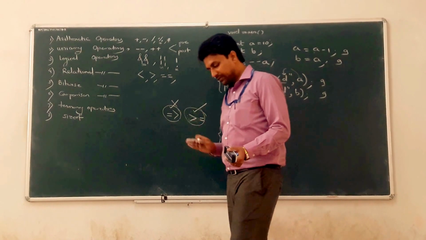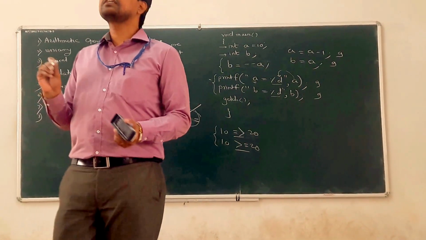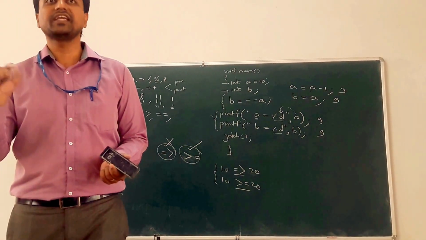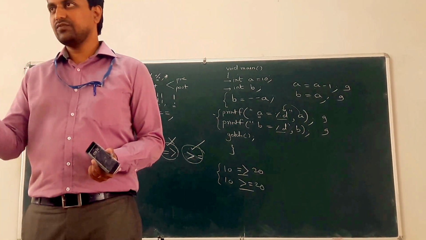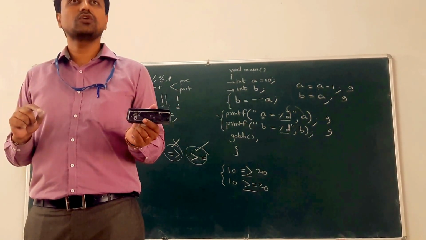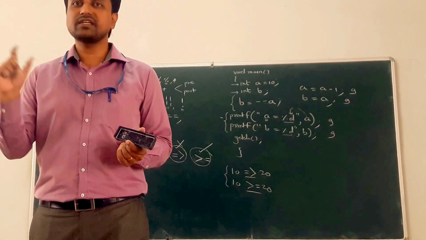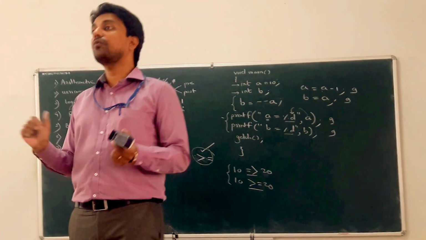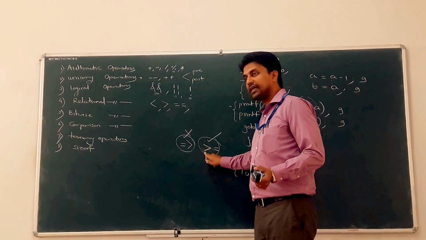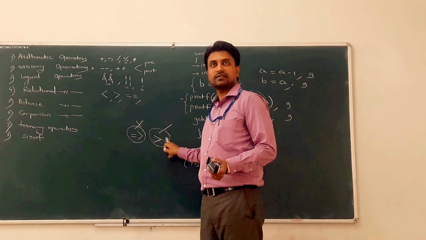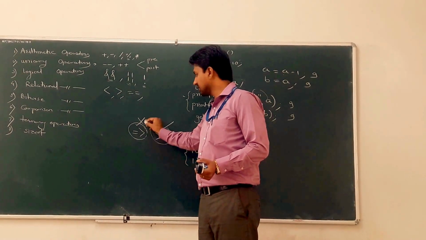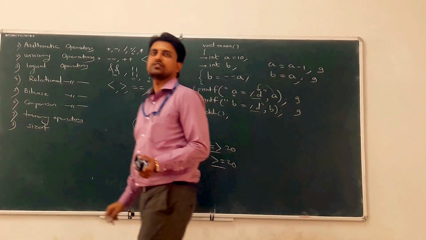Sometimes older compilers give a syntactical error, and sometimes new compilers give you a warning. But with a warning you can still run it, and that's why it gives you wrong results. Previously it gave syntactical errors because this operator is not present. It is a wrong operator. Clear? So note down that only the greater than equal to operator is there. Equal to first and then greater than does not exist in formal languages.